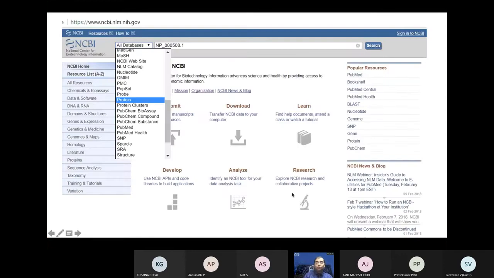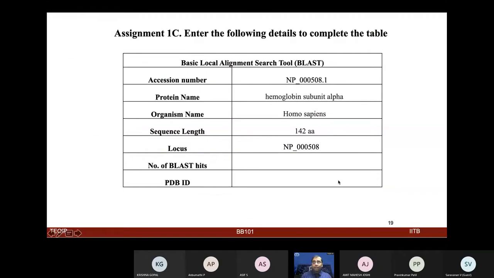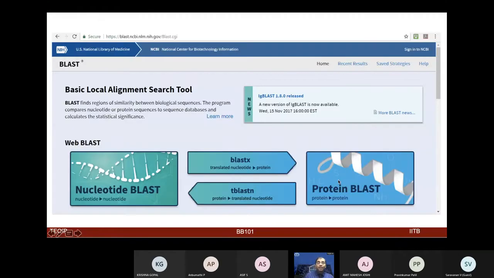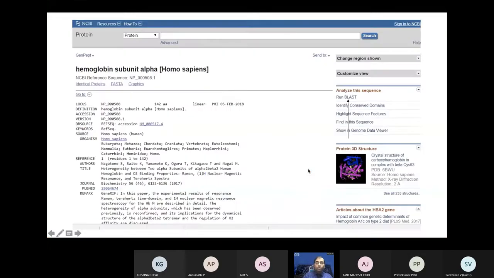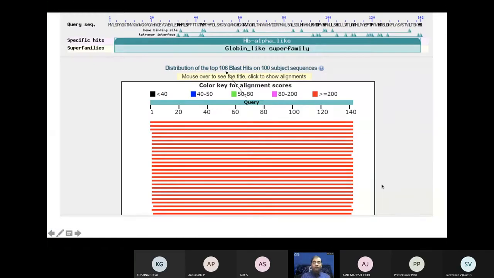The next step is that we want you to look at the protein. This was the gene sequence; now you are looking at the hemoglobin subunit alpha protein sequence. You can also do the BLAST search, which is the Basic Local Alignment Search Tool, where you are looking at more protein sequence information. If you have multiple sequences, let's say the hemoglobin alpha subunit and beta subunit, and you want to align them, you can do multiple sequence alignment as well and look at how these sequences are common or different.